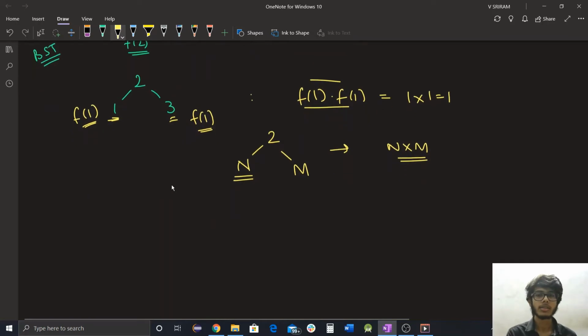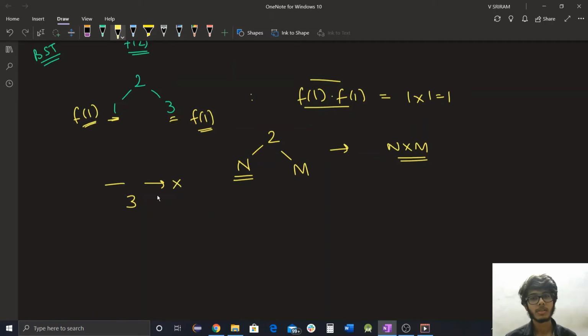Now let us look at the next case when we need to find the number of trees with 3 as its root node. No element can be present on the right side of 3, because we are dealing with elements 1, 2 and 3, and no element is greater than 3. So now we need to accommodate two elements to the left side of 3, that is 1 and 2, and we know that this can be done in f2 ways. So the number of trees with 3 as its root node is f2.